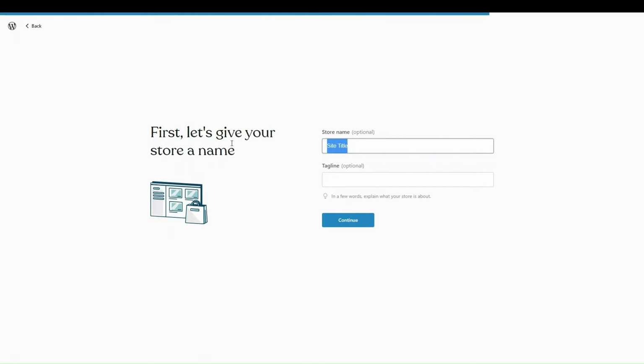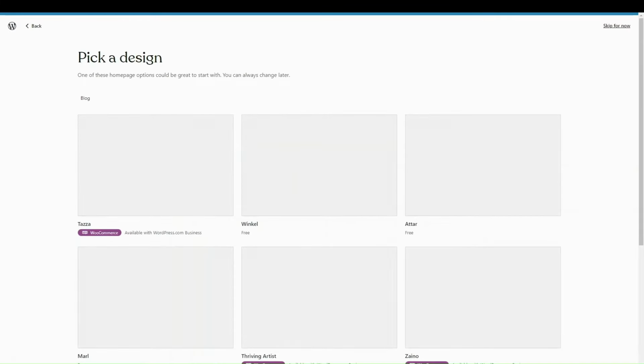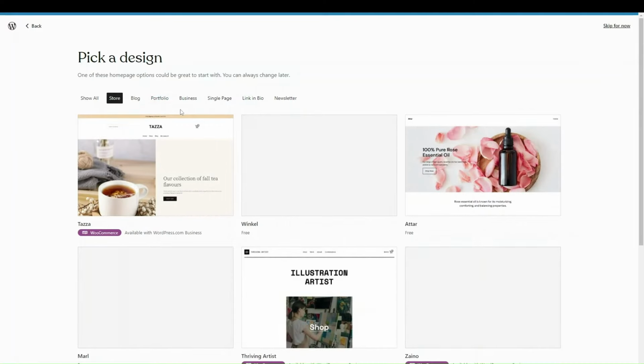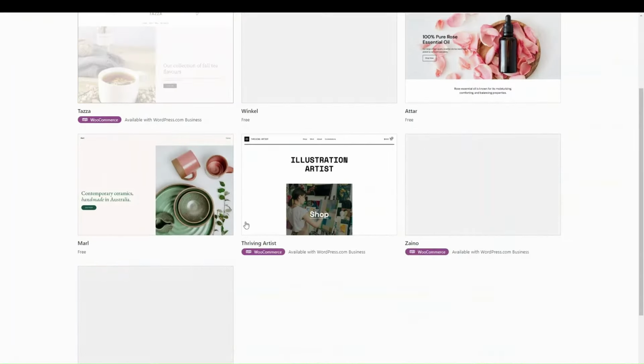Then you want to give your site a name, and you can give it a tagline as well. Explain what your store is about in a few words. Both of these are optional. The next thing is to pick a design. If you remember, we picked store and blog as our business goals, so it's showing me a lot of